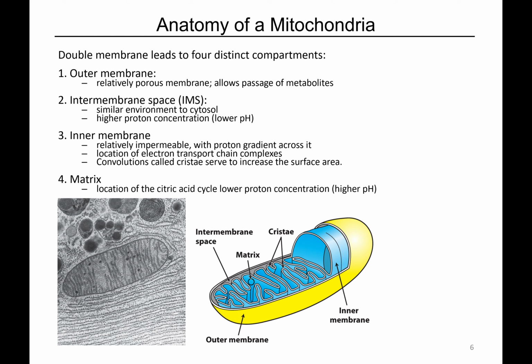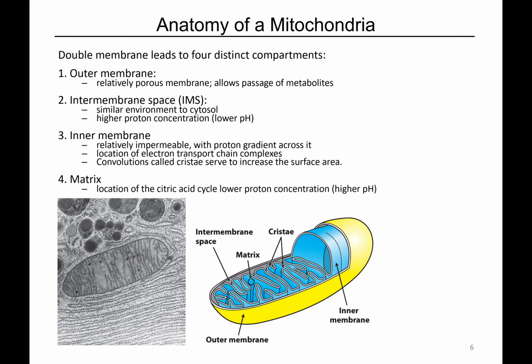Before we get any further, let's think about the mitochondria, right? So this process of the electron transport chain and ATP synthesis happens in the mitochondria of eukaryotes, right? It can't happen in the mitochondria of prokaryotes because, of course, the prokaryote doesn't have a mitochondria. So instead, this happens in the plasma membrane. But for organisms that do have mitochondria, this happens there. Okay, and if we think about the anatomy of it, there's two membranes which creates essentially four compartments.